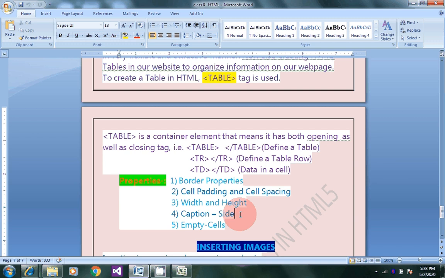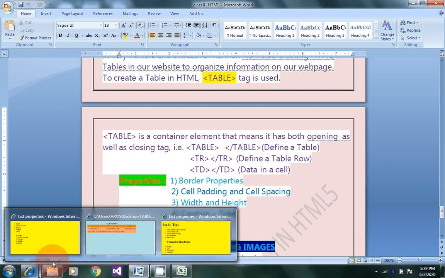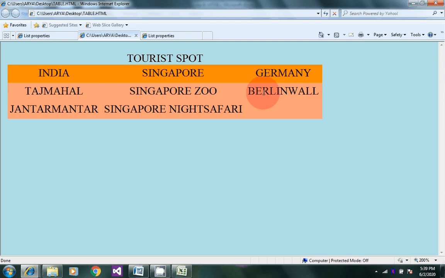Now empty cells. This property helps specify whether or not the border and background are to be placed around empty cells in a table. Suppose there is a cell that is empty, here you see in this table, below the Berlin Wall, this cell is empty.